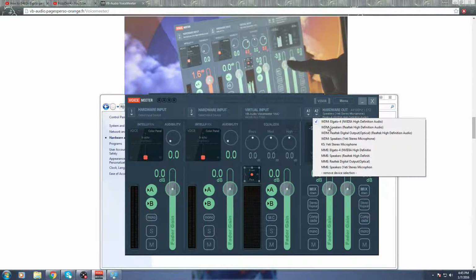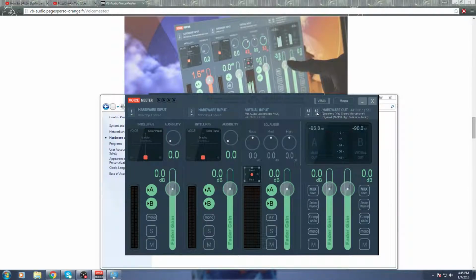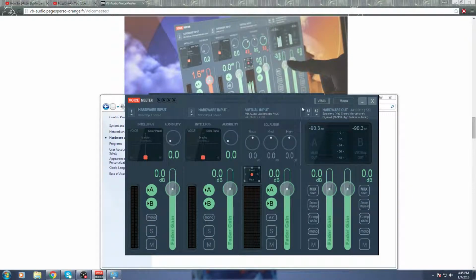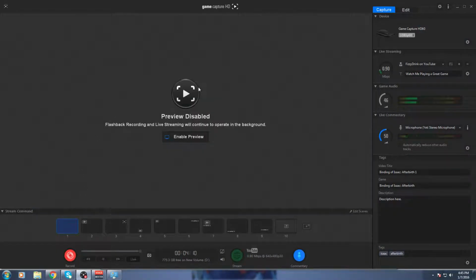And then A2, you should see a WDM and Elgato. I have an NVIDIA card. If you have AMD, it'll say AMD, but it should all be the same. I'm not 100% sure what the MME or the KS are, but the WDM Elgato for NVIDIA high definition audio. Set those two, and once you're done with that, you can minimize this, open up the Game Capture HD,